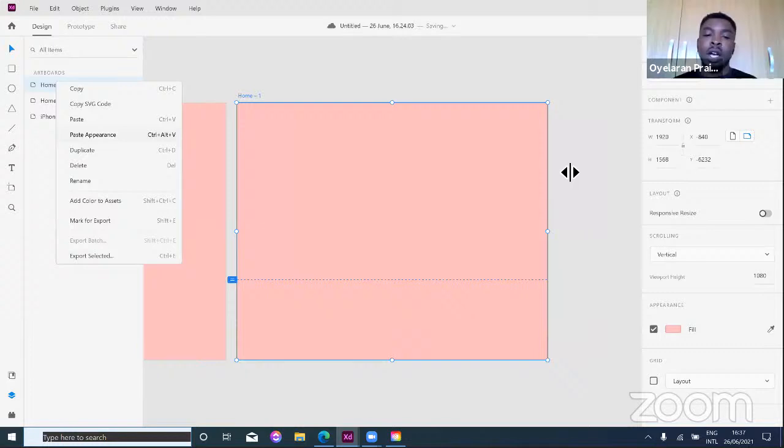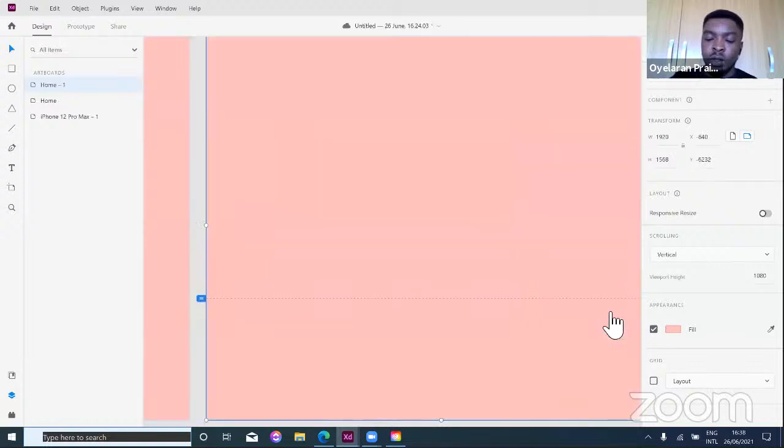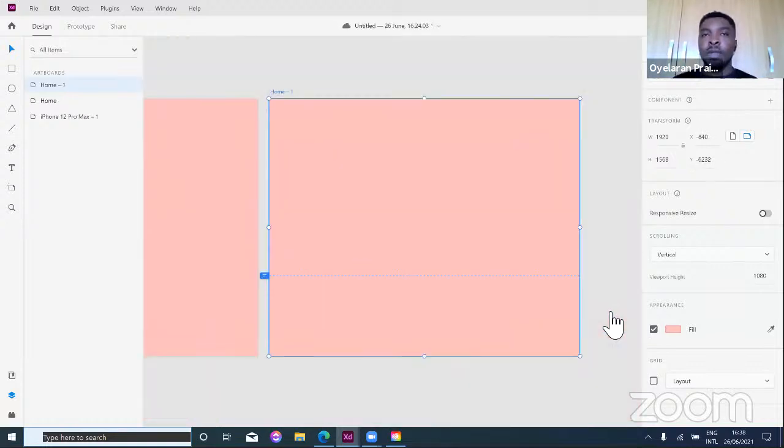So from there, let me explain what this blue line is. Okay, I've deleted that. Let me bring this back to my screen. So let me explain what this blue dotted line is doing for you. When you are designing a website, something like a landing page, there will be some parts that you will see immediately when you